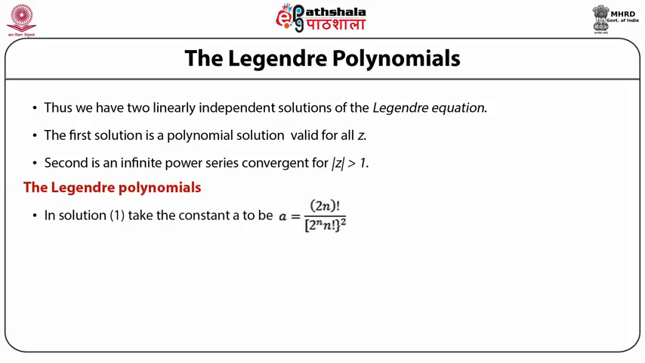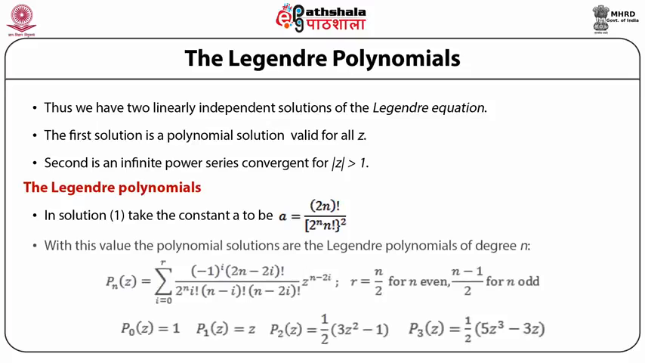In solution 1, let us take the constant a to be a equal to 2n factorial divided by the quantity 2 raised to power n into n factorial, whole squared. With this value of the constant, the polynomial solutions are the Legendre polynomials of degree n, where w is equal